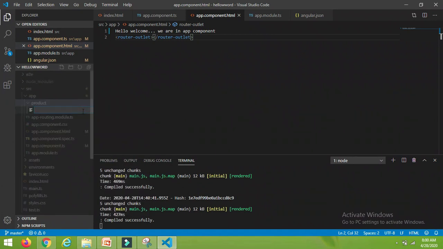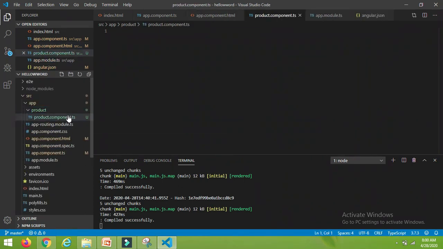I have already told you guys, in a component we have two main parts: the metadata or decorator, and the TypeScript class file. So we will create the class file here. Give the name product.component.ts, because we are writing the code in TypeScript, that's why the extension must be .ts. So let's enter. Now open the file. You can see this is a blank file. We are going to create our TypeScript class.